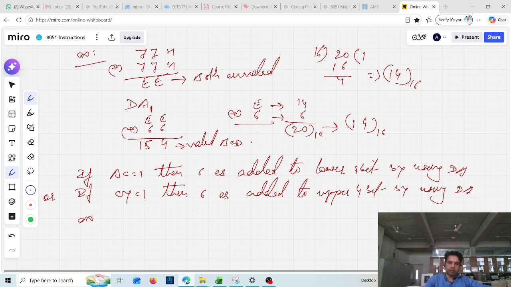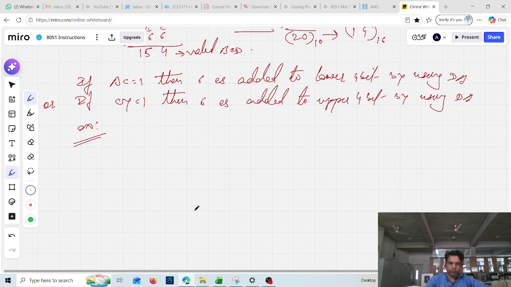Okay, just let us take an example. Suppose that I have written here 4 plus 4. Just suppose that we are adding these two hexadecimal numbers. Now this 4 plus 4 seems to be 8, and you might think that here 6 will not be added. But if you see,